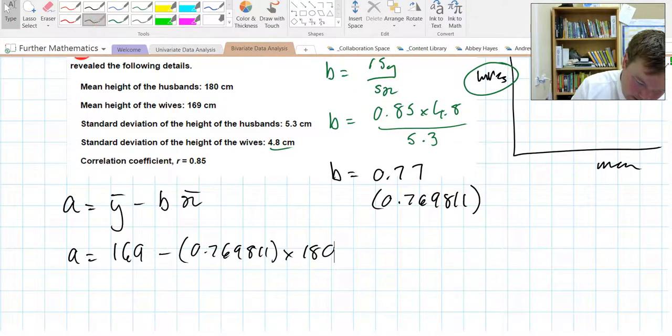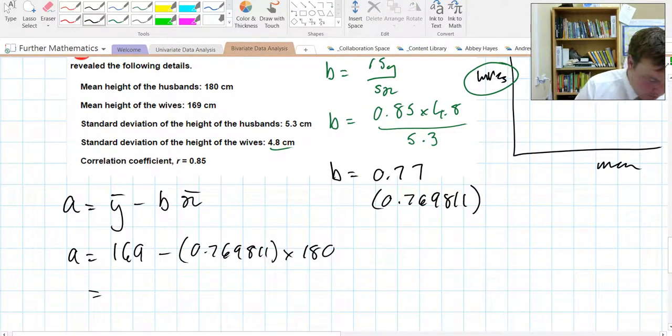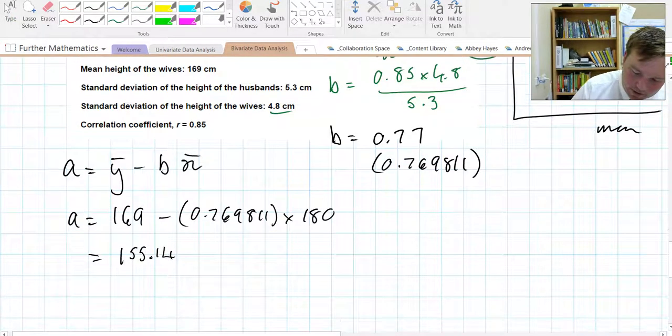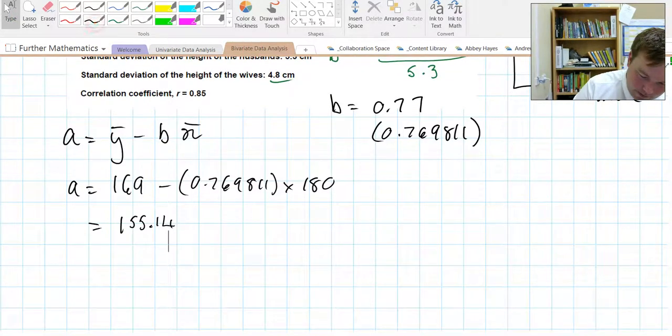And once again, give me a second to calculate it. 169 minus 0.769811 times 180 is 155.14. So the equation of our line, when we put these together, is